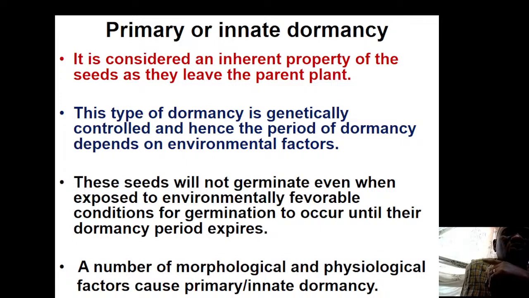Now we are going to talk about innate dormancy. This is the dormancy when the seed is produced by the mother plant, which is the wheat. We are going to spend more time on innate dormancy, because that is the dormancy which is prevalent within the wheat. Now, primary or innate dormancy is the dormancy which is inherited from the parents. It is genetically controlled,